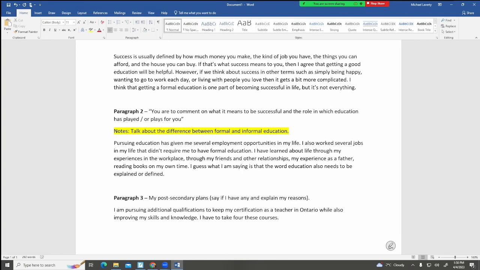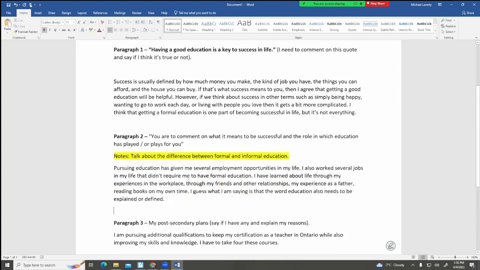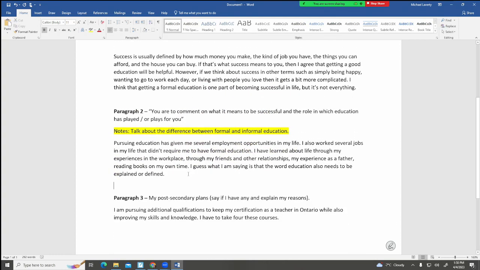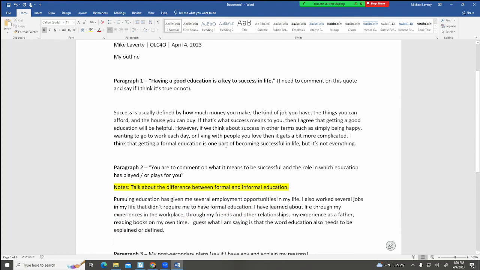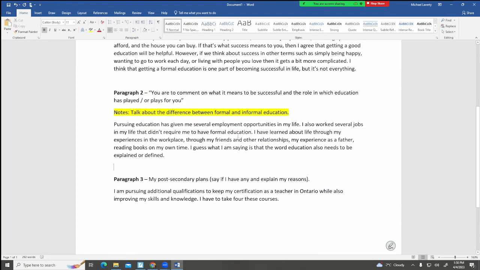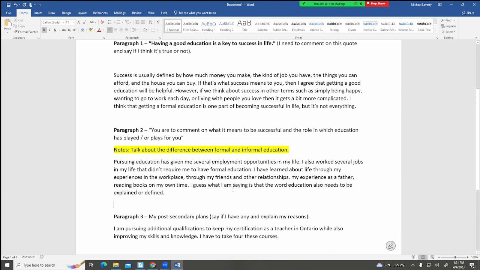And so I just think it's hard for me to go back in time and to write this thing as if I was a high school student, because my answers are going to be so different. So your paragraph 3 is going to be different than mine, but that was going to be the case anyways, right? Because your life is different than mine. But that's what I'm going to do with paragraph 3. I'm just going to simply talk about myself pursuing these additional qualifications, and I'll see if I can tie it into,